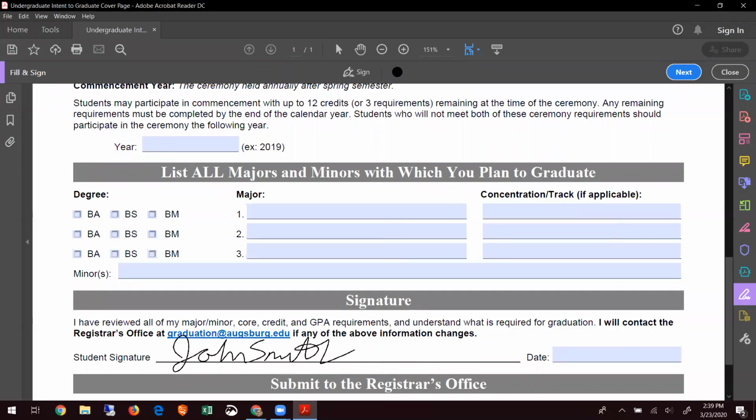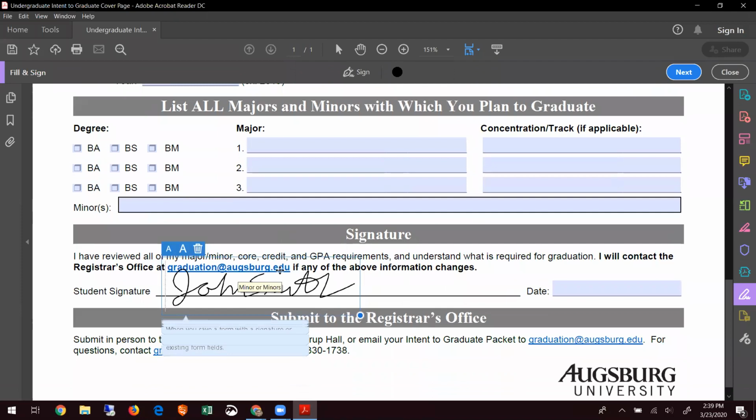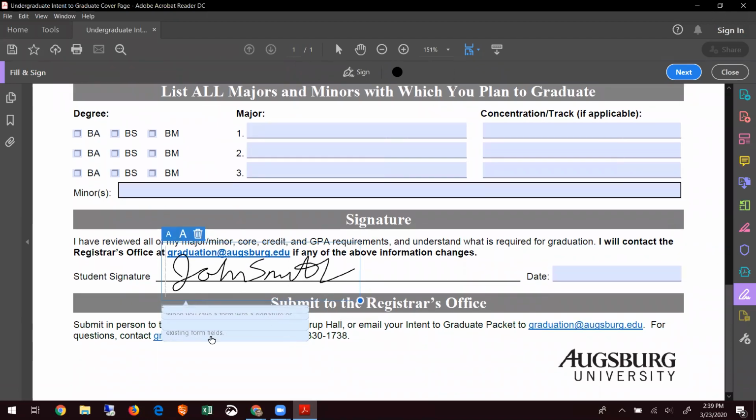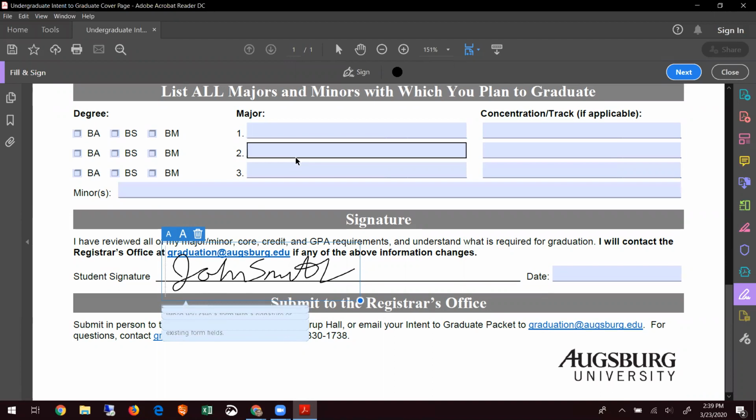Once I choose apply, now I can click in the signature spot to add the signature. And an important message pops up, although it's a little cut off here. And it says, when you add your signature to a form and save it, you are not able to go back and edit any of the existing form fields. So on this form, for example,